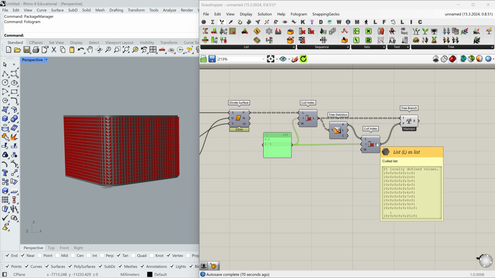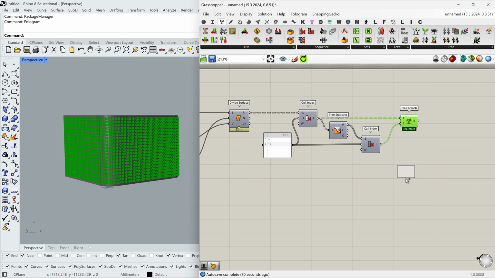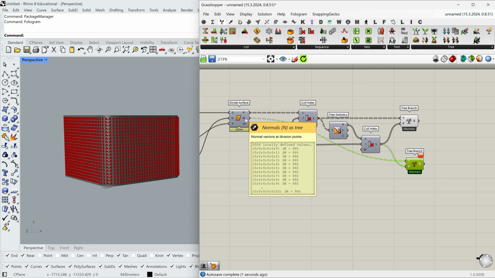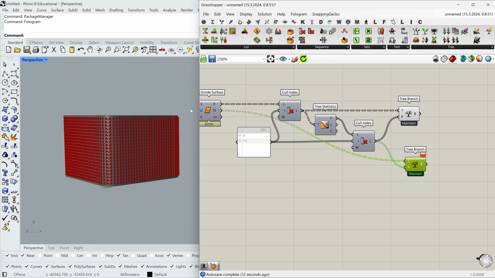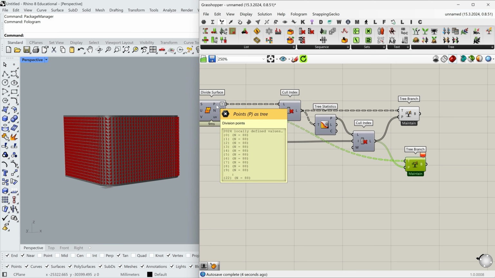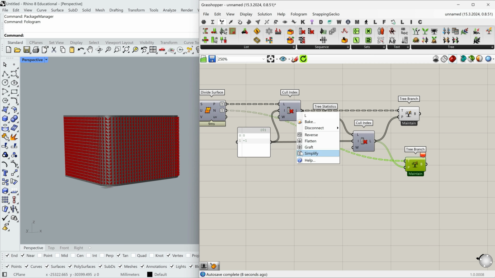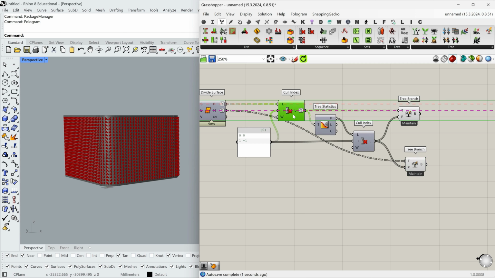We're gonna do the same but a little bit differently. Since we already have the necessary paths, I'll just copy this component, the tree branch, connect it to the normals, and yeah, I'll do simplify here and here. And here. Okay.